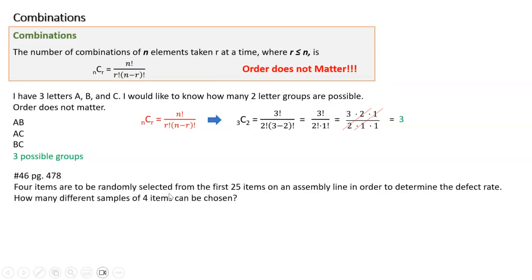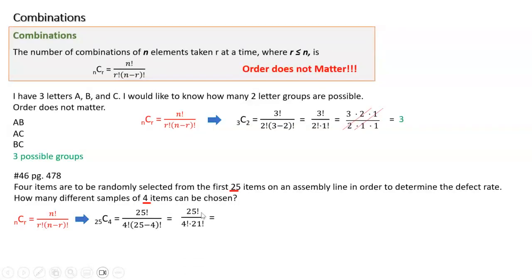This is number 46 from page 478. It says 4 items are to be randomly selected from the first 25 on an assembly line in order to determine the defect rate. How many different samples of 4 items can be chosen? Okay, so it's going to be 25 combination 4,